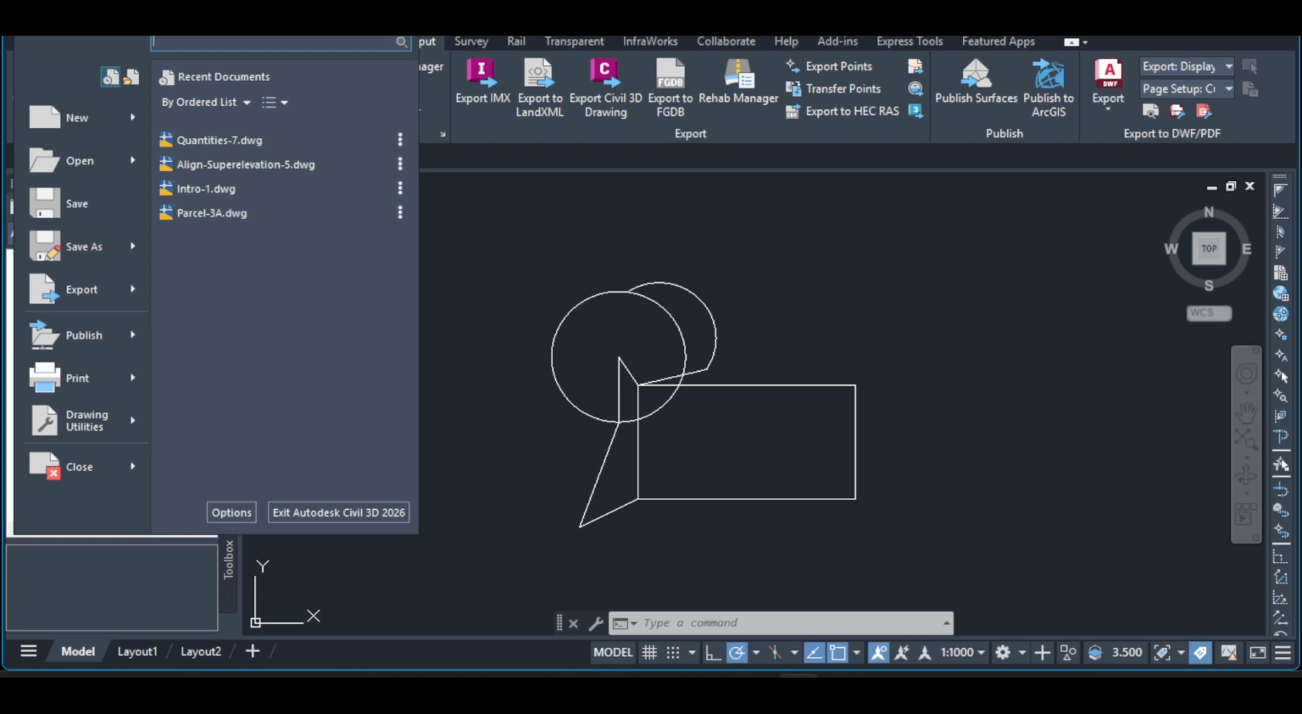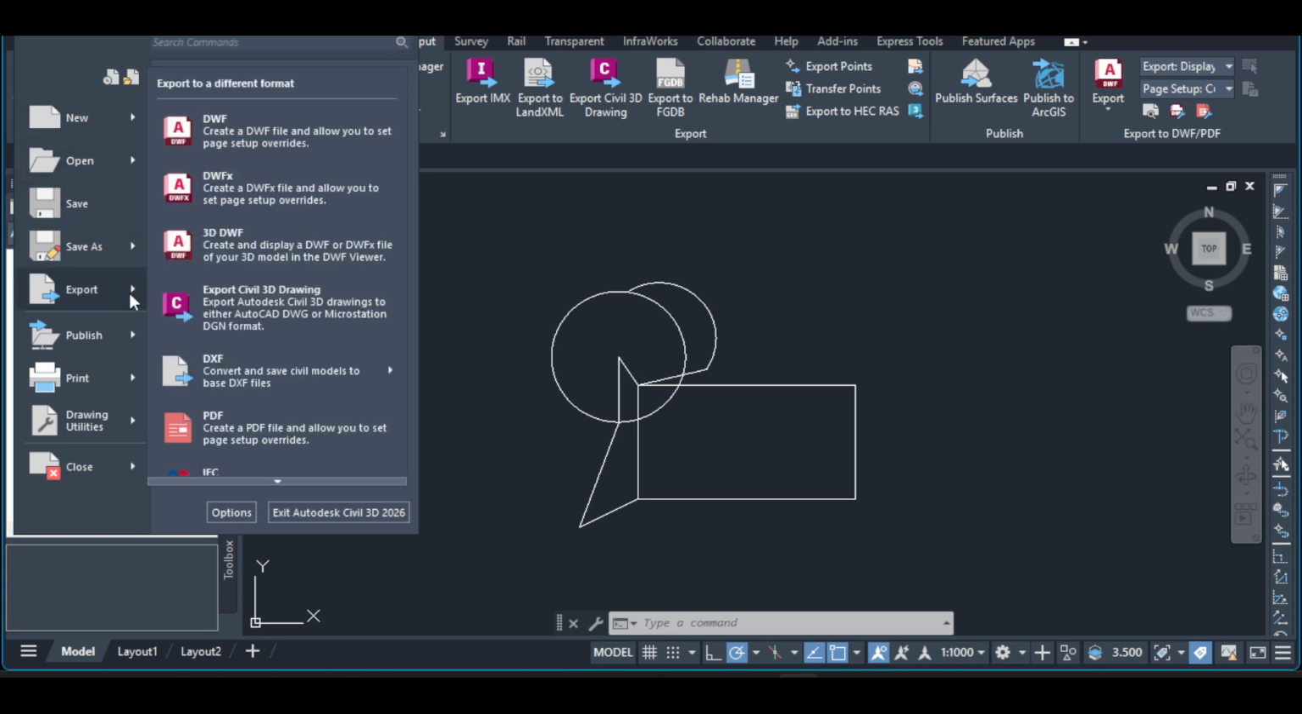Next, go to the application menu in Civil 3D. This is the large Civil 3D icon in the upper left corner of the interface. Clicking it opens the main file menu where you can access key commands. From here, hover over Export. In the export options, choose Export to Navisworks listed as NWC. This command sends your current drawing geometry through the Navisworks exporter so it can be viewed and coordinated in Navisworks